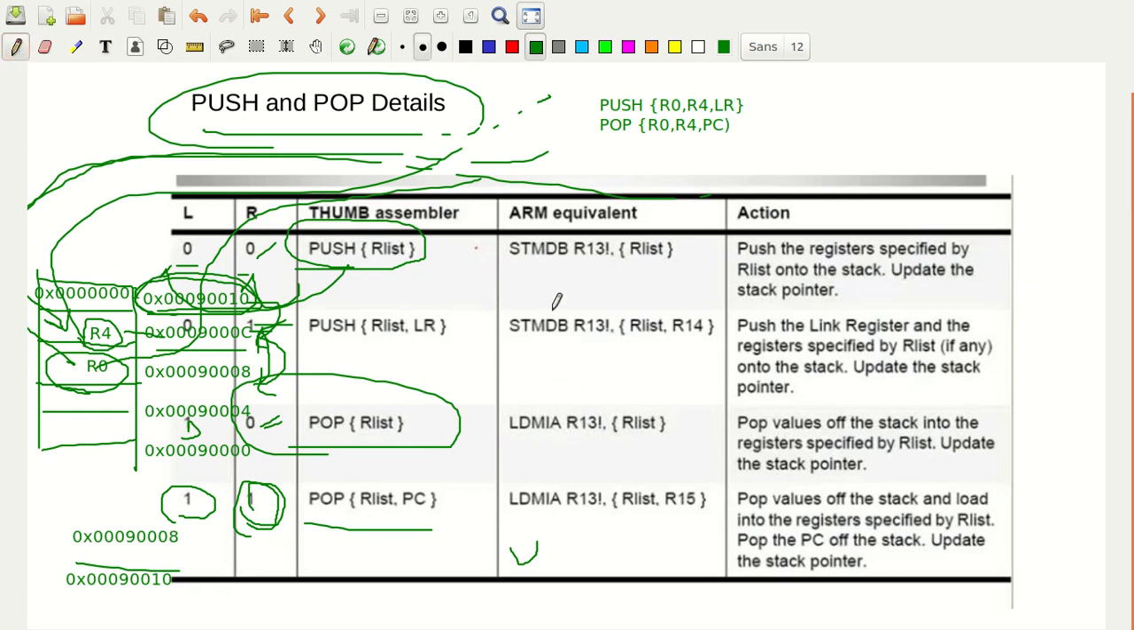Now see what happens here. First you are doing the push operation: push R0 comma R4 comma LR. So what happens? First of all, same example, let me take 0x00090010, that is SP pointing. Now R0 comma R4 comma LR, if I just write here, first what you have to understand here is